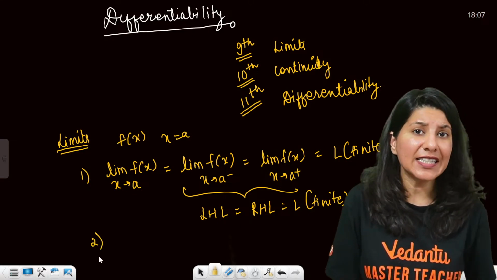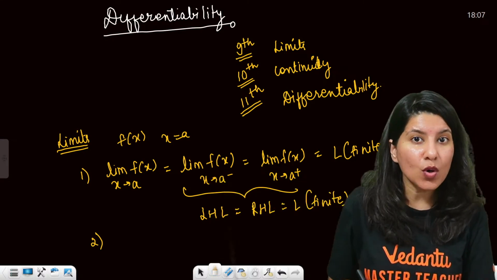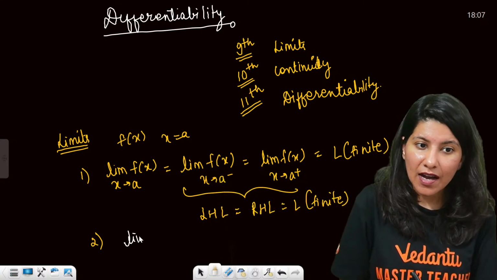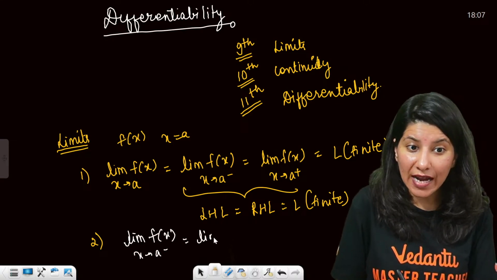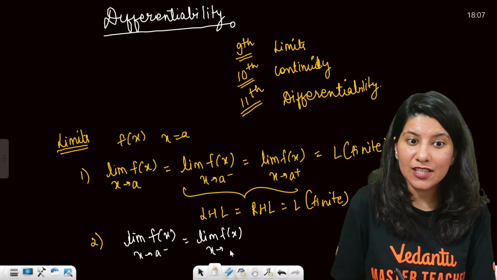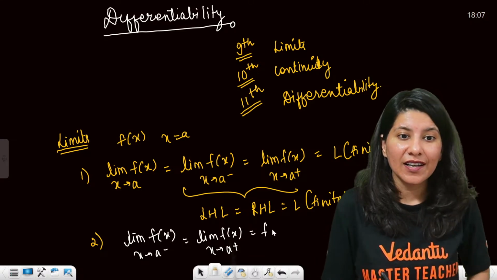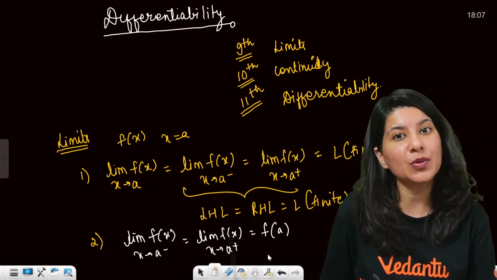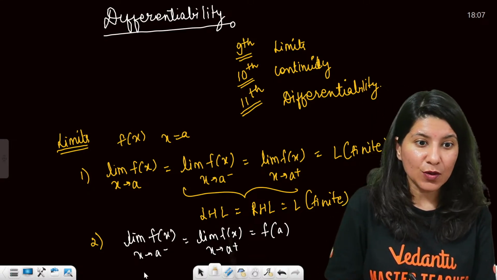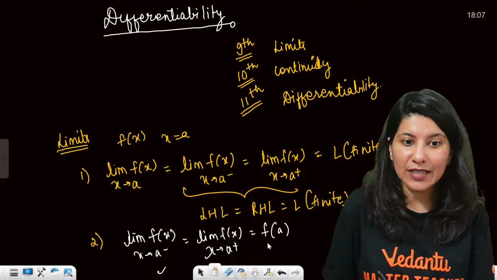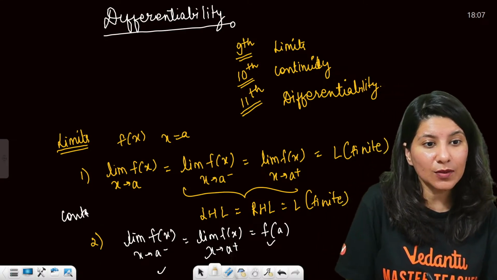But if I say that my function is continuous, there will be one more step added. Again, the left hand limit of that function should equal the right hand limit. That means the initial condition, that the limit exists, should hold, but now for continuity the value of this limit should be equal to f(a), the value of the function at exactly a. So this is LHL equals RHL equals f(a). This is what continuity says.